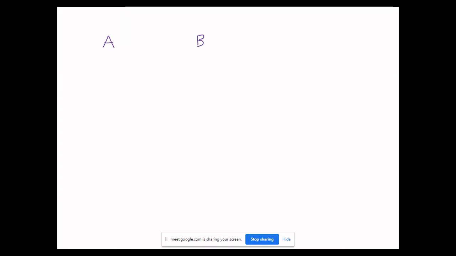Say there are two classes A and B, and you want to write a class definition that wants to inherit from both of these, from A as well as from B. This is not single nor multi-level. This inheritance wherein class C is inheriting from more than one class is called multiple inheritance. More than one.